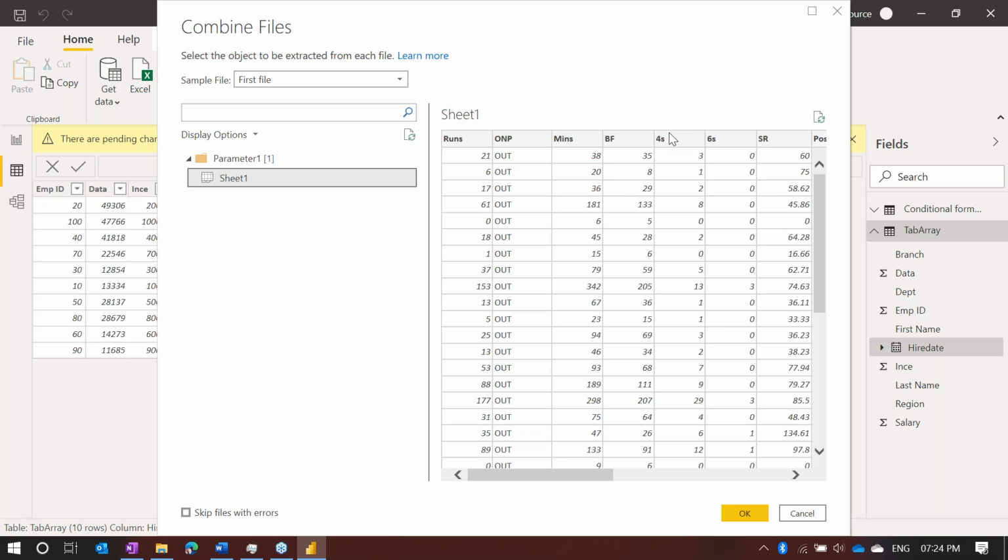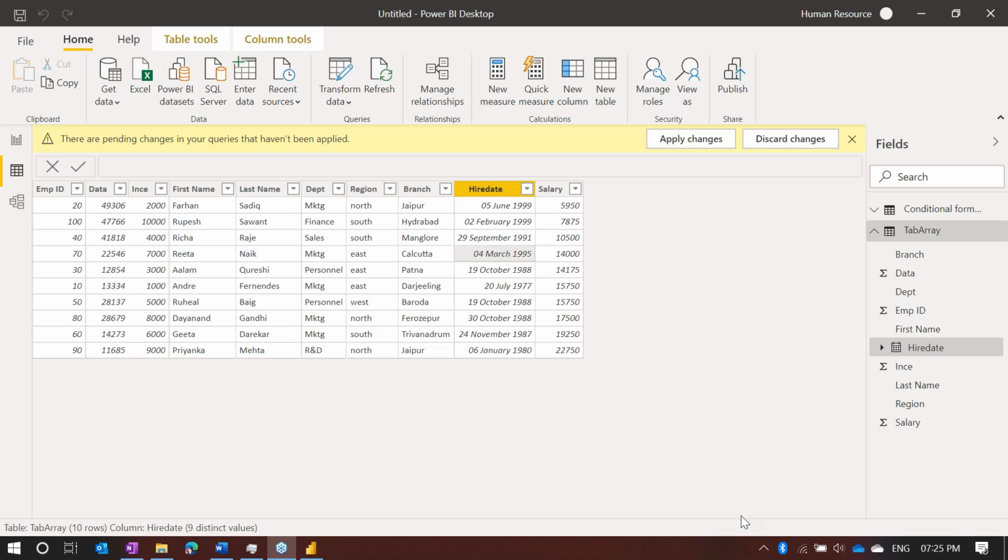Now, when I highlight these constraints, that doesn't mean that Power BI does not have the solution. It does have the solution, but the solution is a little tricky, a little difficult. What I'm going to do is I'm going to give you a video link where you can learn this from. Yeah. So what I'm going to do now is continue with these limitations and click on OK. When I click OK,